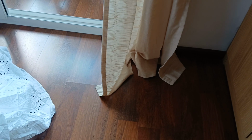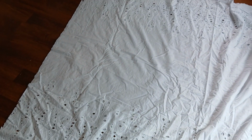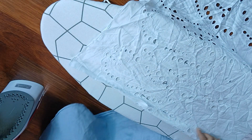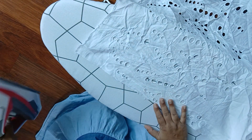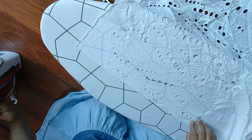I want my curtains to touch the floor a little bit. I like it that way. So this curtain length is 104 inches. For the fabric, I got 6 meters together, 2.5 meters each, which is 118 inches. So for seam allowance and top loop allowance, and also considering shrinkage, I have about 14 inches. First, we are going to